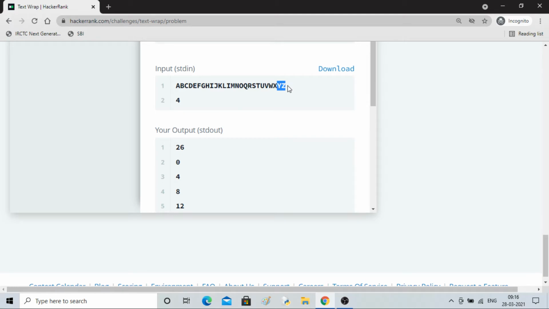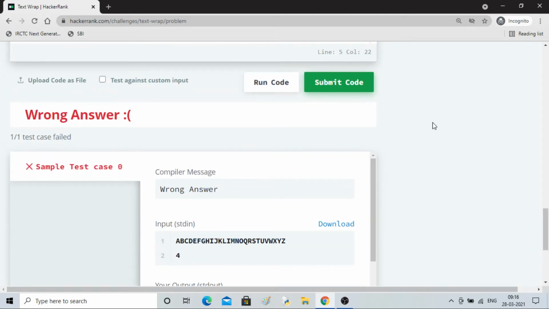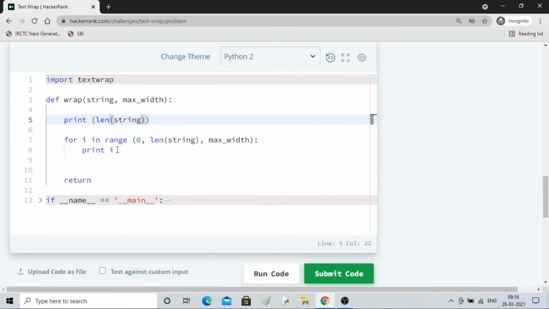After that it doesn't have anything, so that's why it is not going ahead. So I hope it is clear how we are traversing in I.